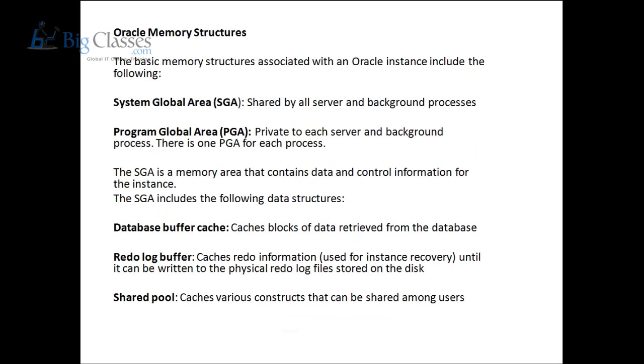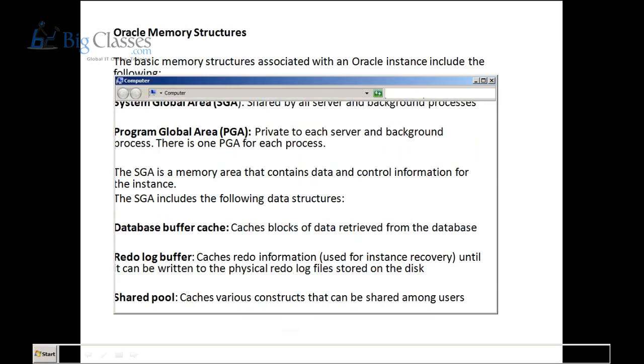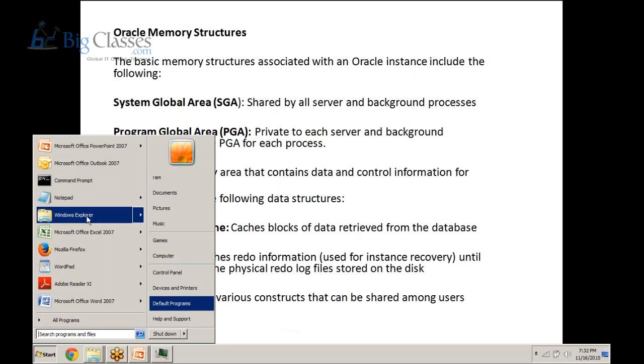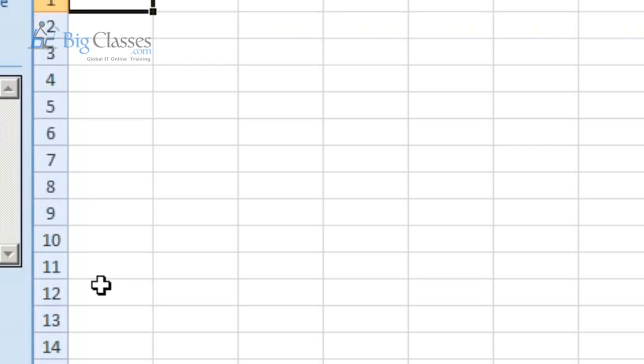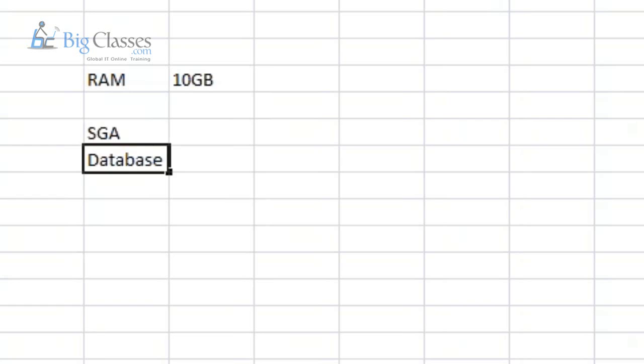So first is your database buffer cache. Now the term database buffer cache, what does it mean? It is basically used to cache a block of data retrieved from the database. Okay. Now what do you mean by block of data? Let me use an example. Say this is your system RAM, say this is of some 10 GB in size, right? So in this RAM you have SGA, okay? SGA, one of the components is database buffer cache,